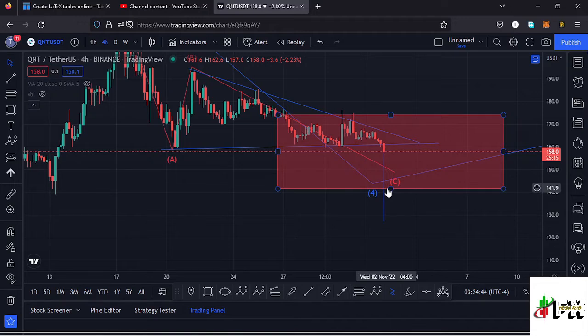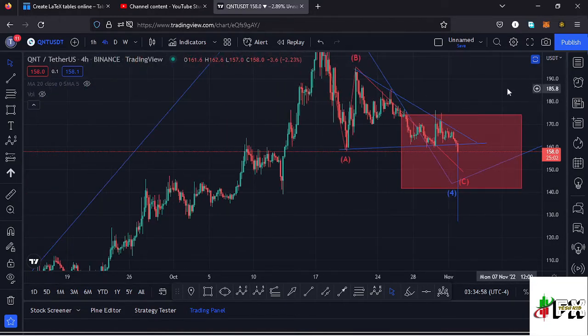$141.9 mark. So in case we continue seeing lower prices and get to this target area, that is the lower side of the target area, then I'll be so confident that the low is in the formation of that fourth wave. Then expect a very nice bounce to the upper side in the formation of that fifth wave to the